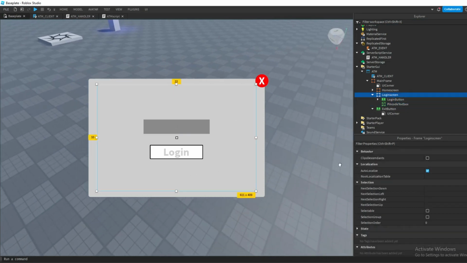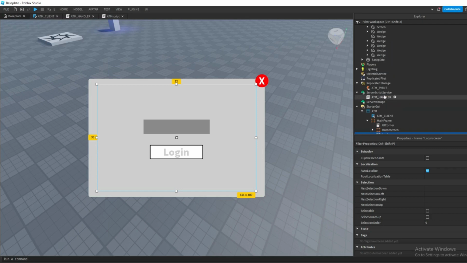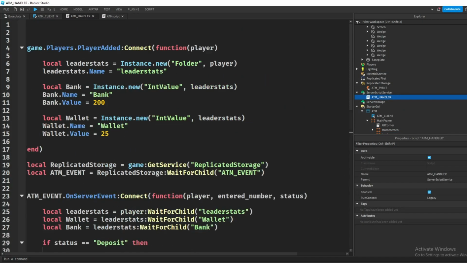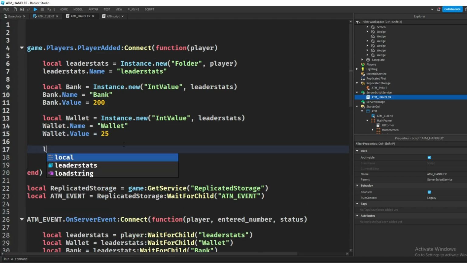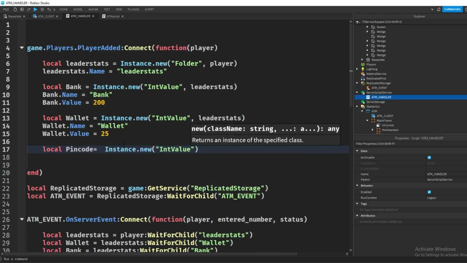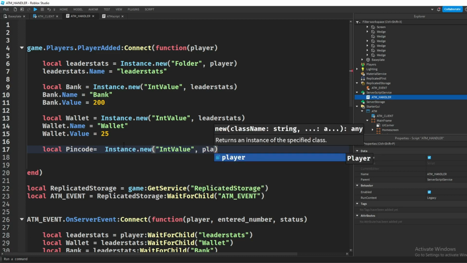Now we have to set up the login screen. For that we need to know the passcode. So for that we are going to go to ServerScriptService and go to the ATM handler and start making some new data store changes, and then we are going to go back to the local script. So the first thing we're going to do here is say local pinCode = Instance.new. It's going to be an IntValue. Actually, it's going to be not inside the leaderstats but inside the player,